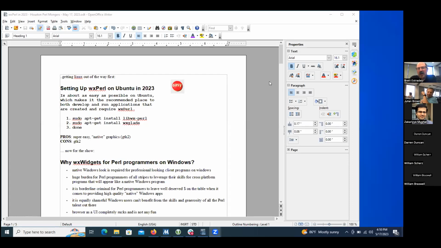Oh, it's okay. I was really just experimenting with trying to find the right GUI toolkit to use with Perl, because honestly, I use Perl pretty much for everything, and I don't want to have to learn to use something else, frankly, to write GUI apps. And in particular, I was interested in being able to write Windows applications that look like native Windows applications in Perl, and for efficiency reasons, for power reasons,